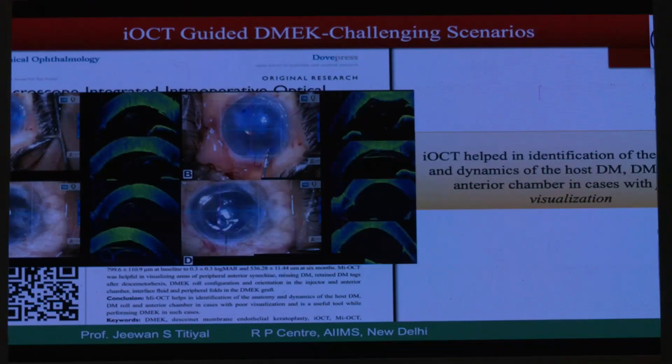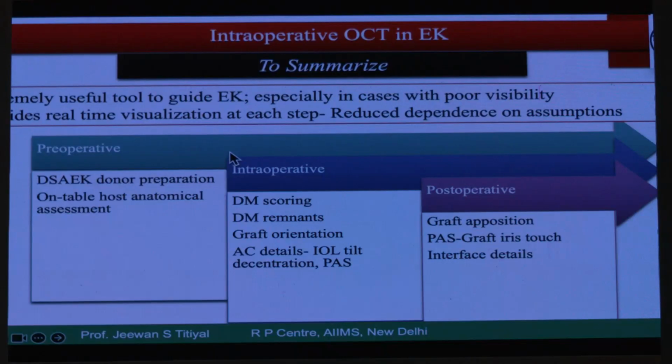Because the teaching is, if you have a hazy cornea, don't do DMEK, do a DSEK in these cases. DMEK is more physiological. You can see, I can see the Descemet scoring is complete. The orientation of the graft is well oriented. Then subsequently inject air and get a better coordinated approach in the surgery for better attachment.